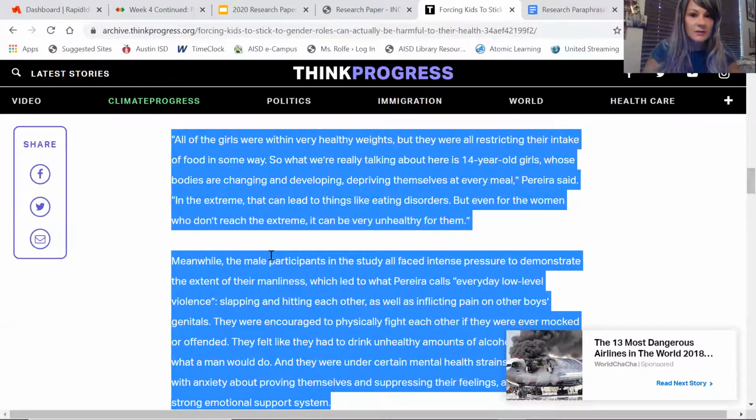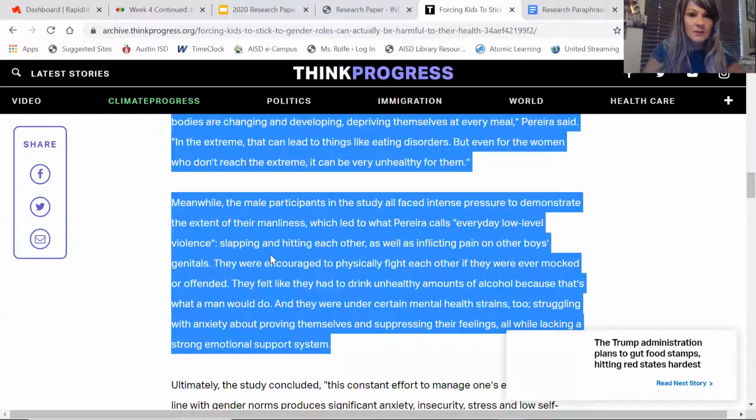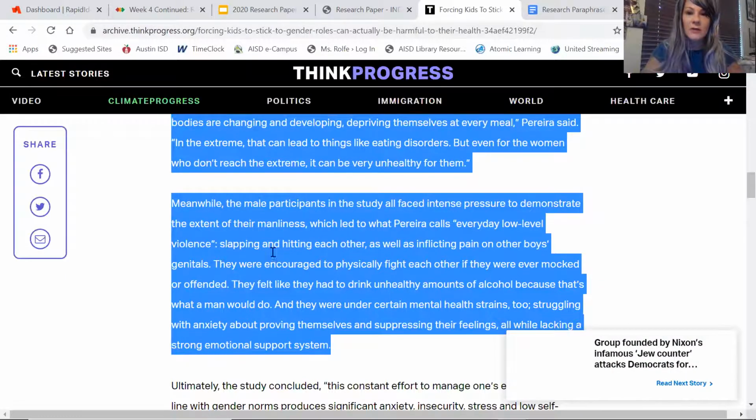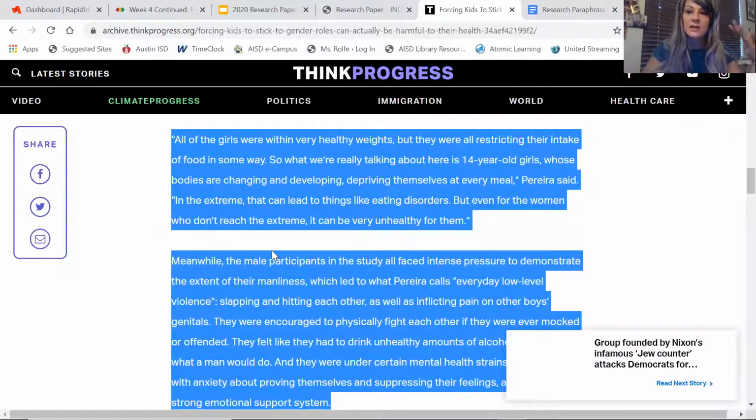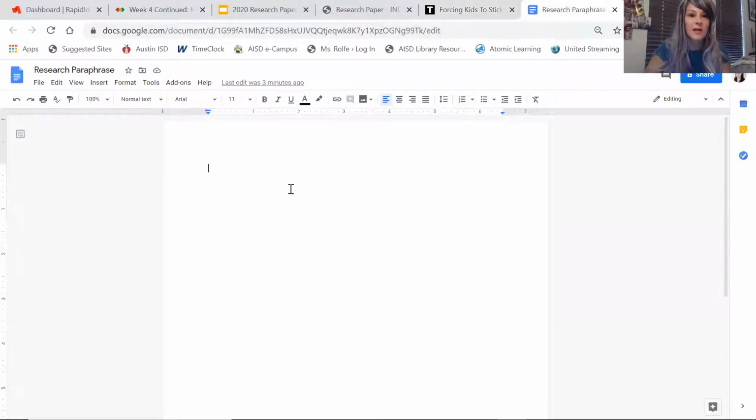Sorry, I'm doing this with you in real time, so I do actually have to read it. Okay, so I've read it over a few times. I've kind of committed it to memory, but I'm not memorizing it because obviously that's plagiarism. So now I'm going to flip to a blank document, and then I'm going to just write what I remember.